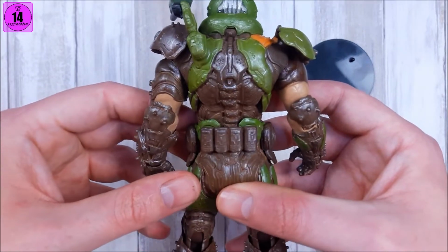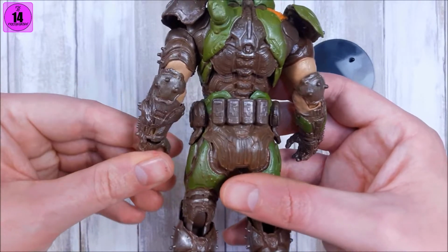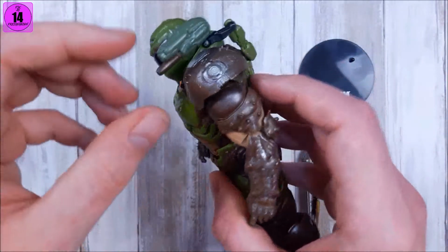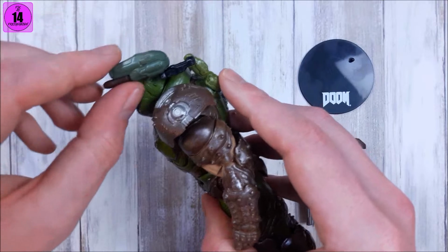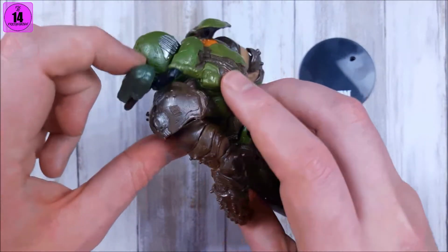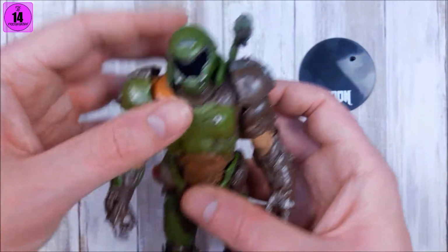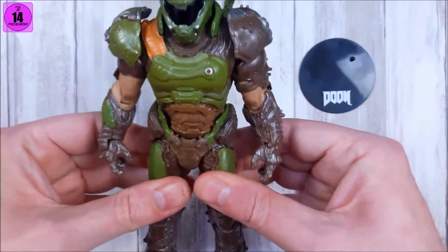Like I said, it could have been a little bit darker in some places, I believe. But overall, it's very good. And the combat shotgun thingy that's mounted on his shoulders is a different shade of green with some brown here, black here, and the same green with silver here. So I think that dude looks pretty cool overall. But